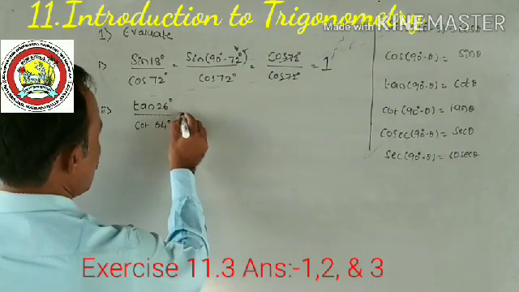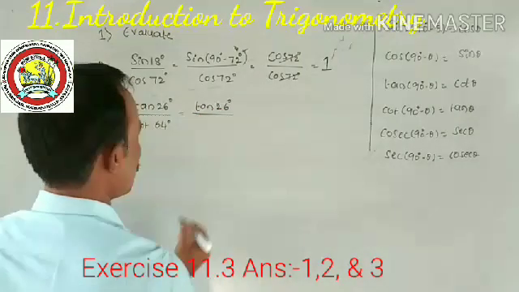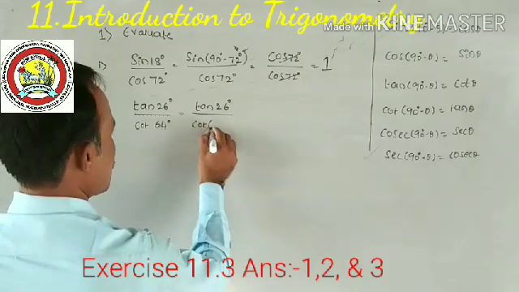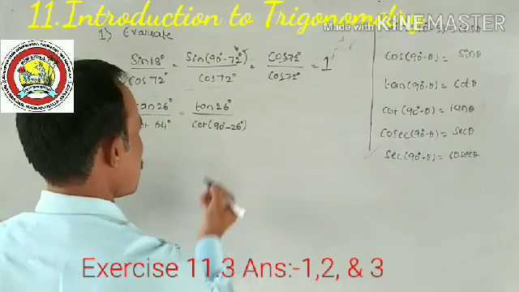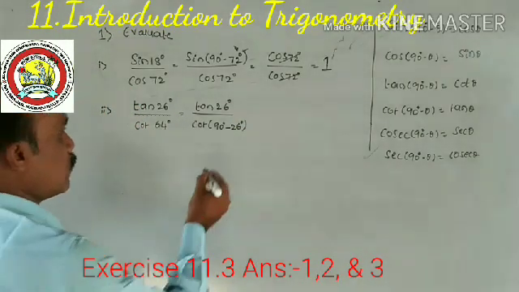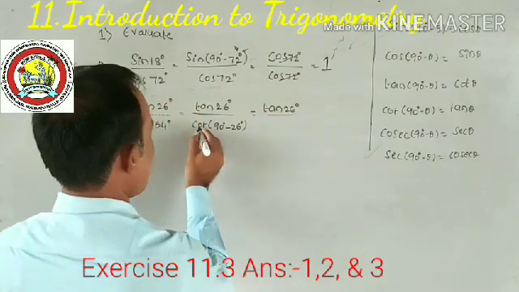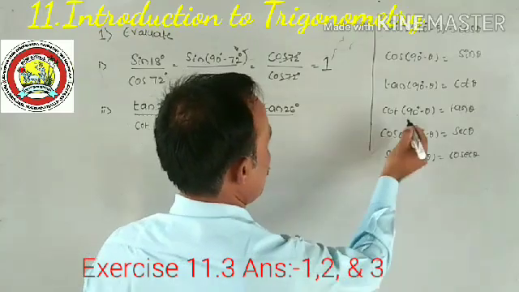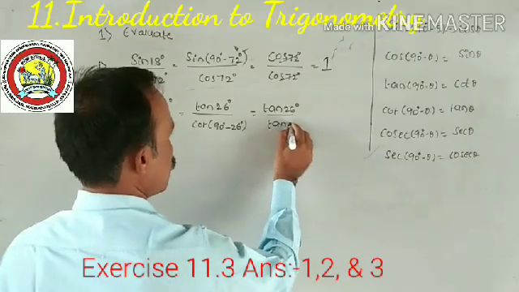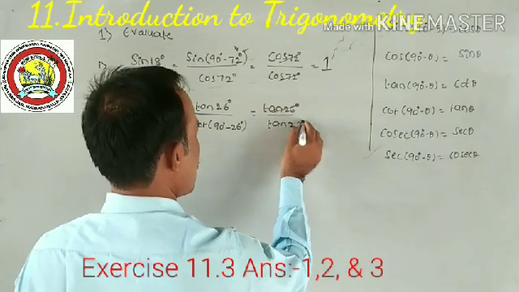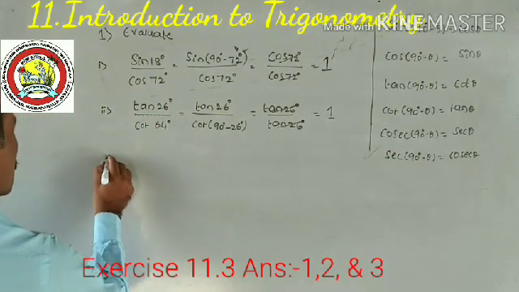Yes. Now, in this problem, numerator as it is. Any one, I told you any one. Cot 64 can be written as cot 90 degree minus 26, as the numerator value is 26. 90 minus 26 is 64. So tan 26 as it is, divided by cot 90 minus theta. Cot changes to tan. What is the value of theta? 26 degrees. Both are same. It is equal to 1.